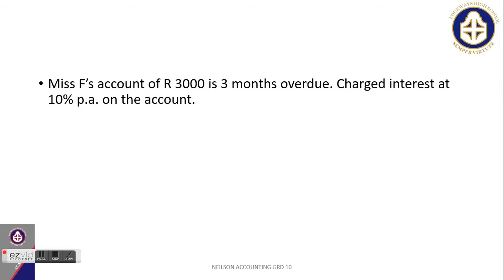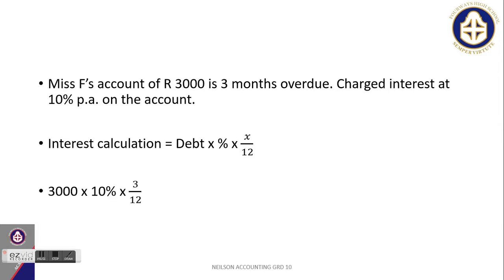We therefore need a formula to be able to calculate interest on overdue debtors. The interest calculation is based on the debt that is outstanding, multiplied by a given percentage, multiplied by a calculable time period over 12. In this scenario, R3,000 is the debt, 10% is the interest, and the time period is 3 months of the year. So on the R3,000 debt at 10% for 3 months of the year, the interest on overdue debtors is